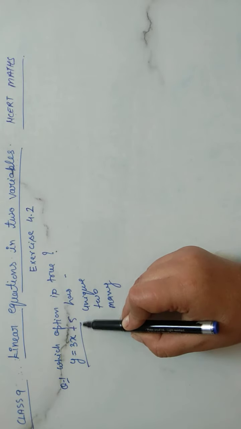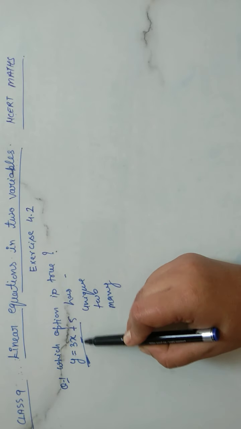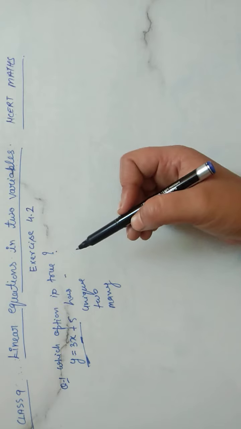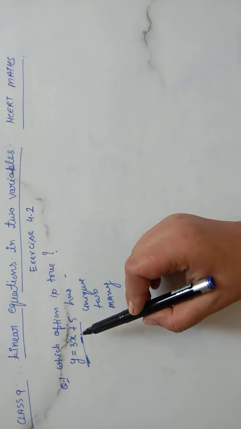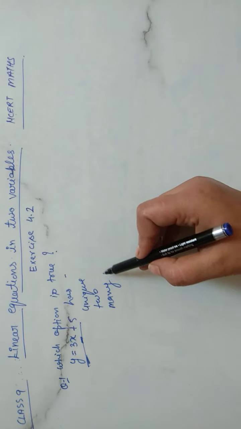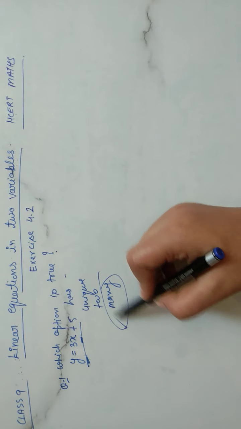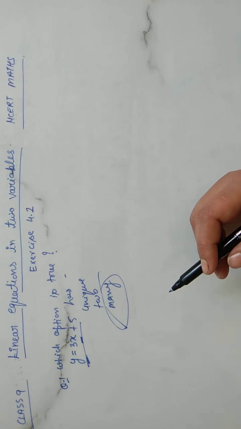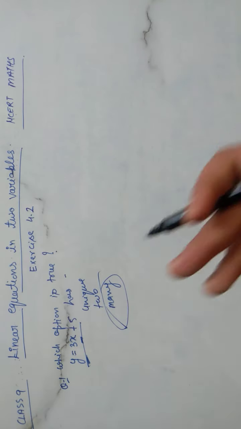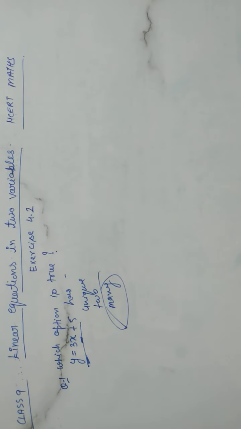When we see this equation, we have two variables, so it is a linear equation with two variables. What we discussed in the previous video, and what we know, is that a linear equation with two variables has infinitely many solutions. So the third option is the correct one. You can also solve it, you can show 3 or 4 solutions for it, or you can directly write that it has many solutions, since we know it.